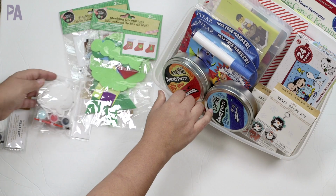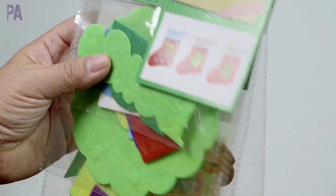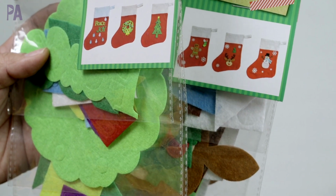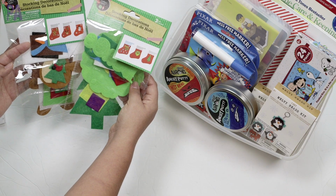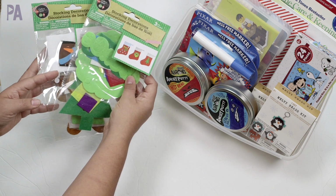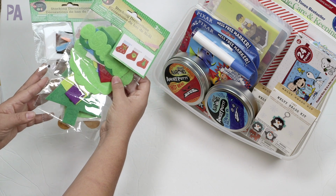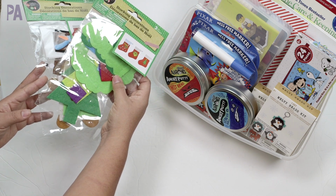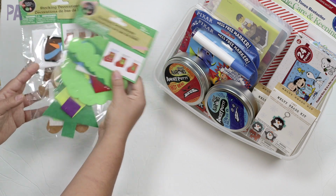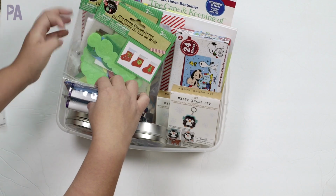And then we have some Dollar Tree crafts, and these are little stockings, felt stockings, and we just make these for fun, and then they get to hang them up or put them on the tree or something. This actually had 2 different styles, and so I got 2 different styles so they can each do 3. These are probably a little bit on the young side for them, but like I said, it's just one of those things that they like to pull out and they have a few minutes and just kind of do and have some fun with. So I don't mind doing these, plus they're from the dollar store, so they're very affordable. So we're gonna put these in here,